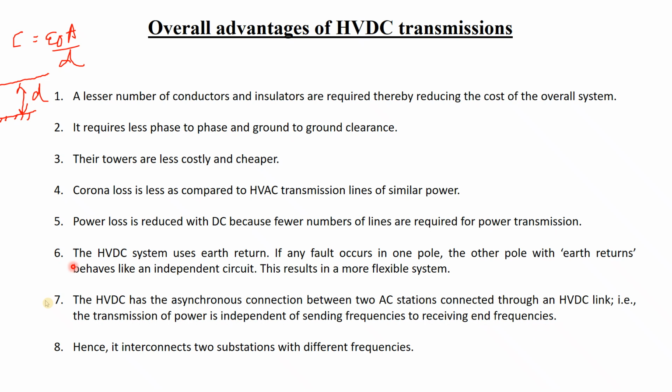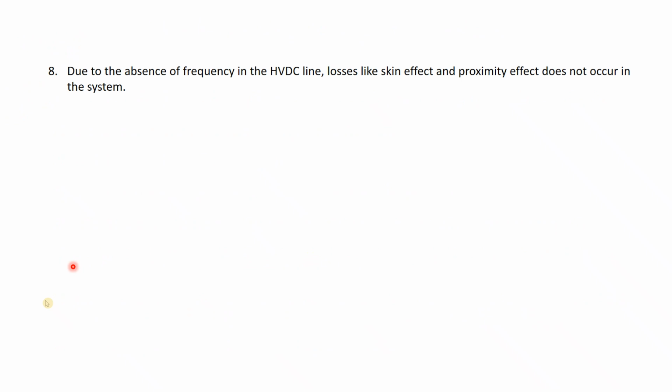Two substations with different frequencies can be connected very easily, because you are already rectifying the AC to DC, and when we connect DC with DC, we can easily connect them. If you are taking power from two different substations and connecting them, and then drawing a single HVDC power line, we can invert that and convert it into AC with the required frequency, and we can continue the transmission.